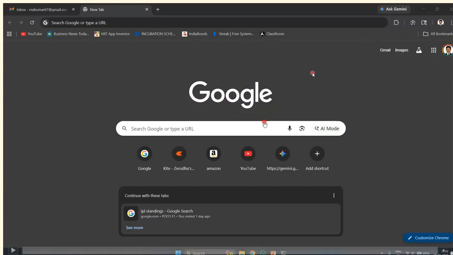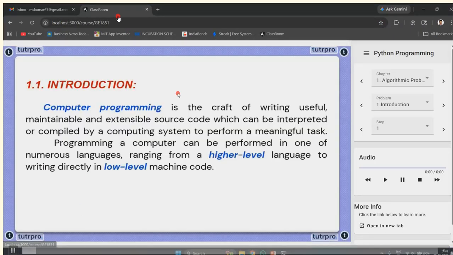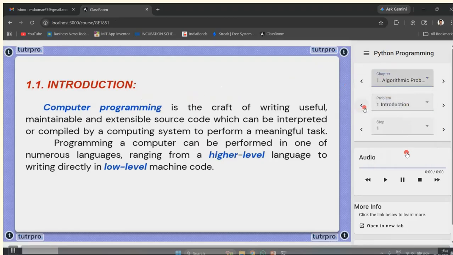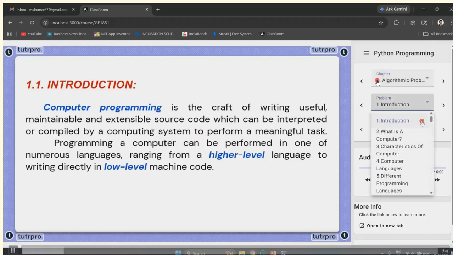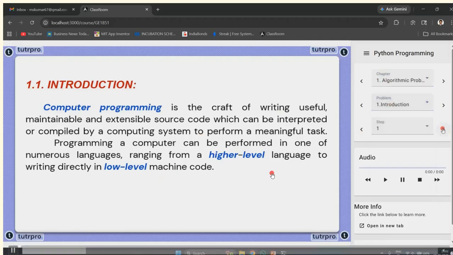Let's see it in action on the laptop. After clicking this in Chrome, I have chosen the Python programming subject. It shows the number of units from algorithmic to files. Chapter 1 or unit 1 has nearly 45 or 50 plus problems and topics. This is about the introduction. This introductory part has nearly 6 topics. And here if you click this one,